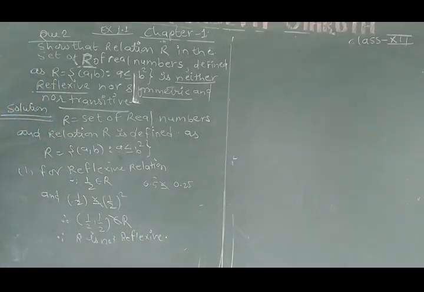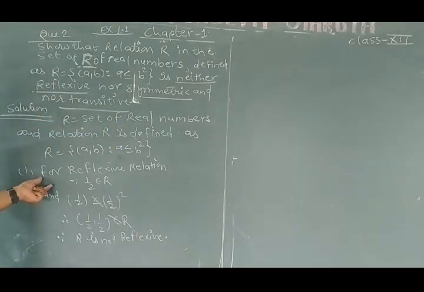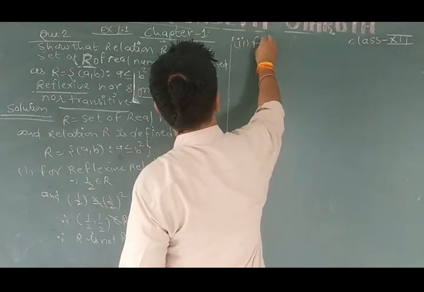R is not reflexive. First, we have to take only those ordered pairs or elements, and think about those elements due to which we can prove that the given property is a reflexive relation. In the other case, second, for symmetric relation,